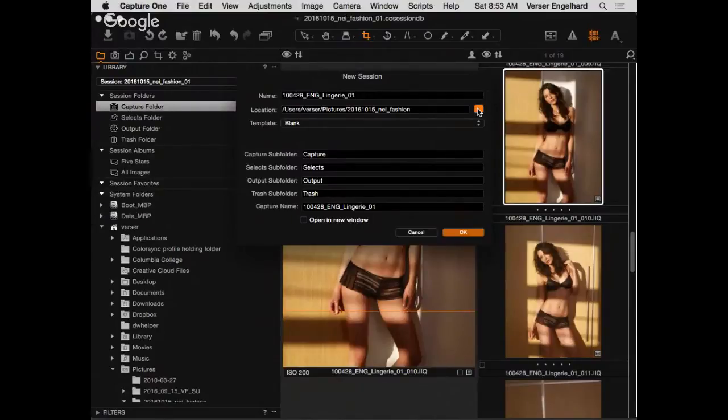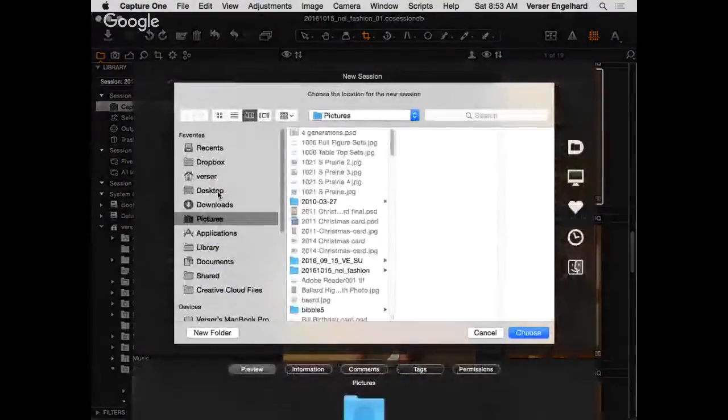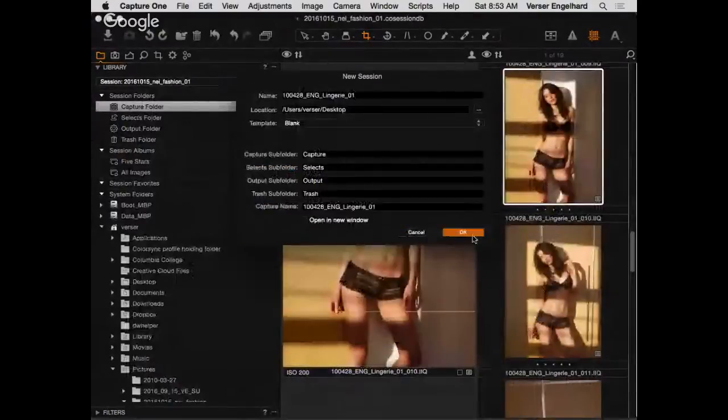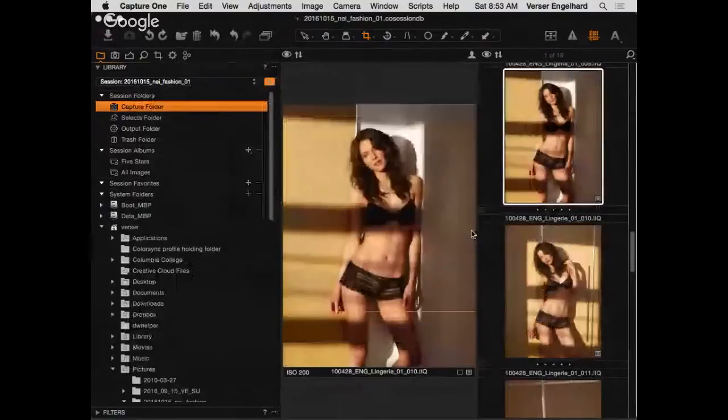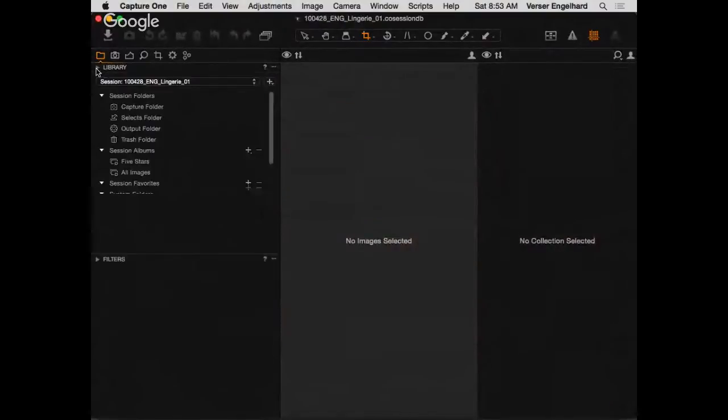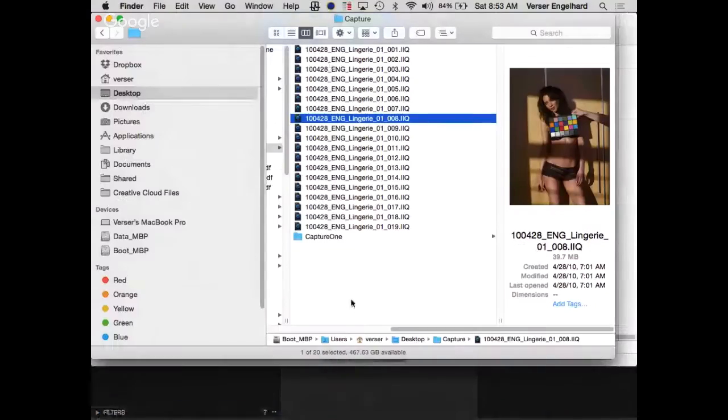I told you guys never to do that, but that's where this capture folder is. And all I'm trying to do is rebuild this thing. So on my desktop folder, I'm going to go ahead and say choose. And I'm going to say OK to that. It'll build that new session. And if you then go out to your desktop,